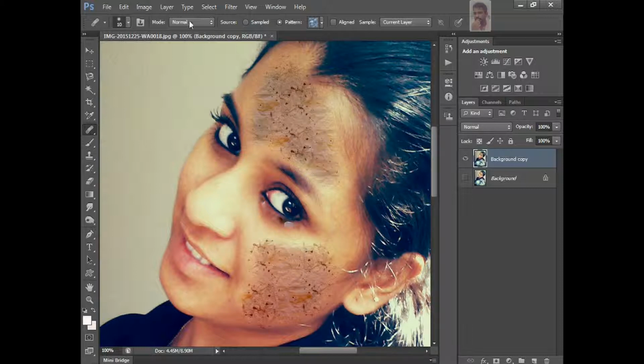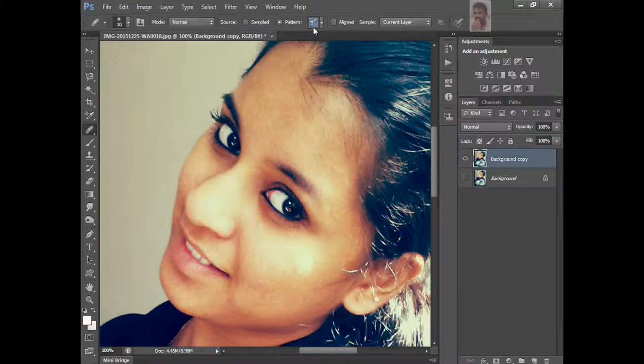If you want to change the blending mode, Control Z is undo and Control Alt Z is step backward. See this, I'm keeping the mode at multiply, taking this, and increasing the brush size. The open bracket increases the brush size, just increase it and click here.